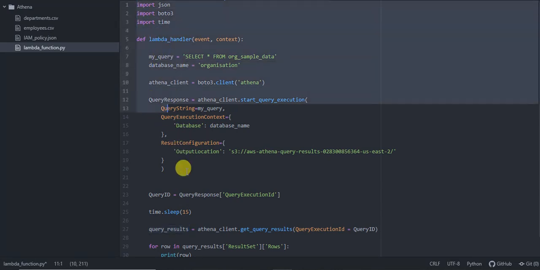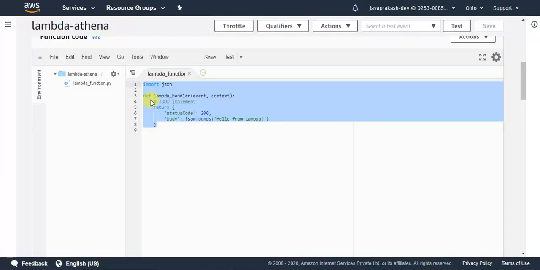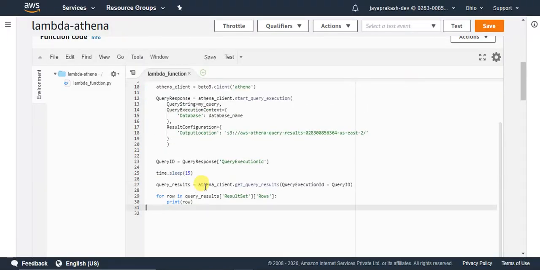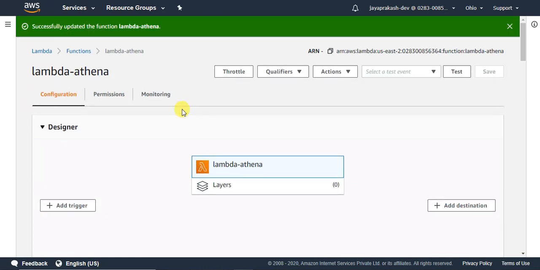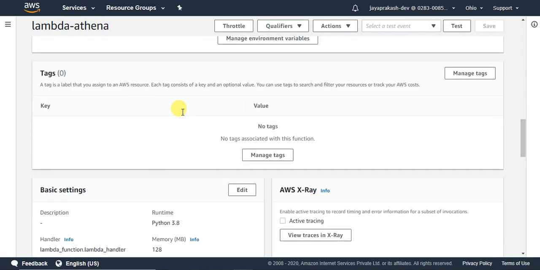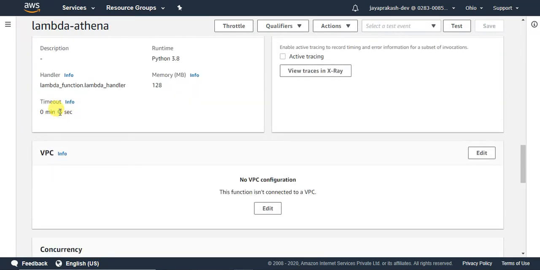I'm going to copy this entire thing and paste it in our Lambda function. I have pasted the code here. I'm going to save it. Once that's done, we need to edit one more thing here. If you see this timeout, it is 3 seconds.